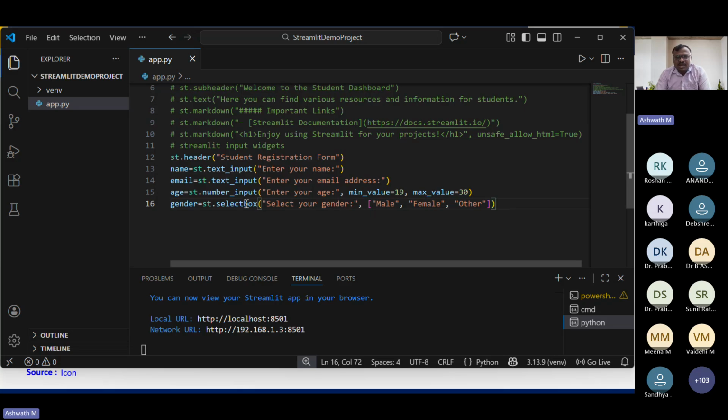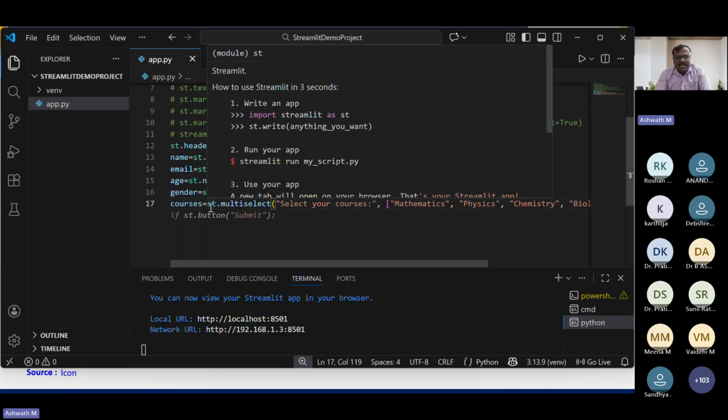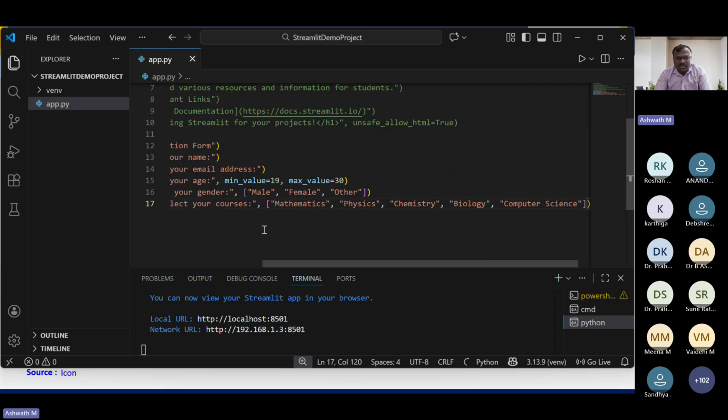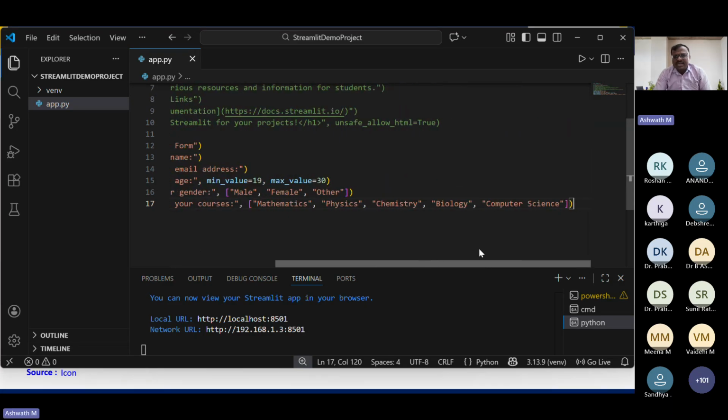We can give select box. In the select box, we can give message and options. Then courses. Courses, if you observe, multi-select is there. Okay, st.multi-select, select your courses, or maybe subjects also. Instead of courses, I can make it as subjects. Okay, this looks good. Subjects, select your subjects, like list of subjects I am giving: mathematics, physics, chemistry, biology, computer